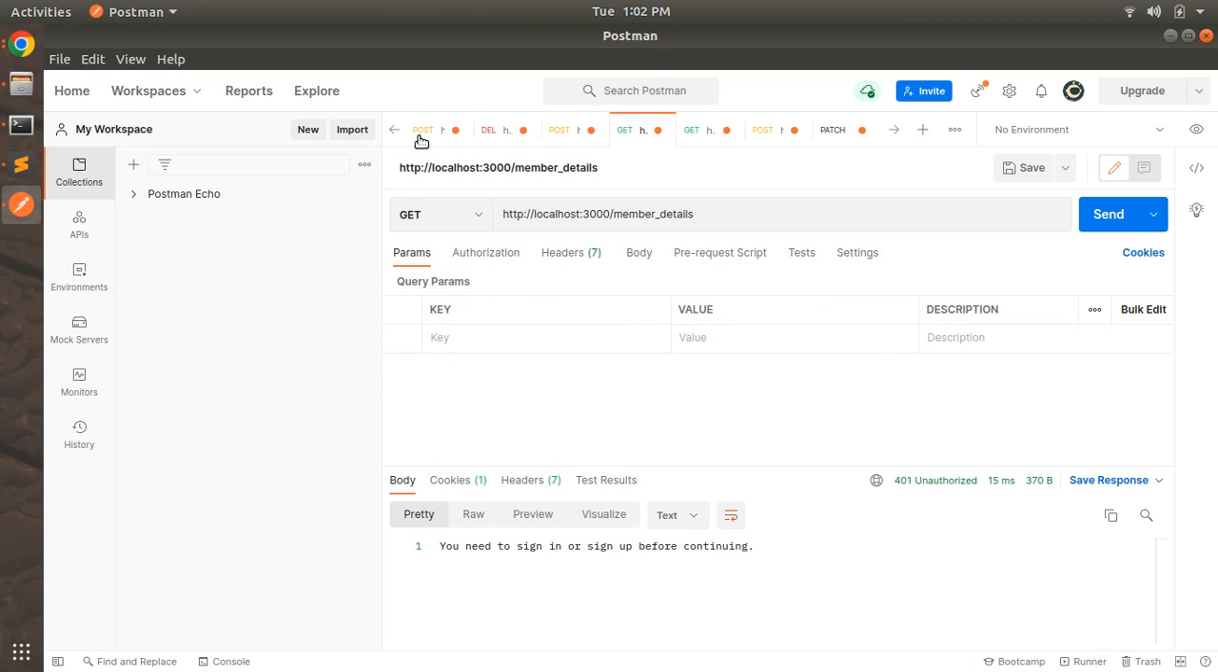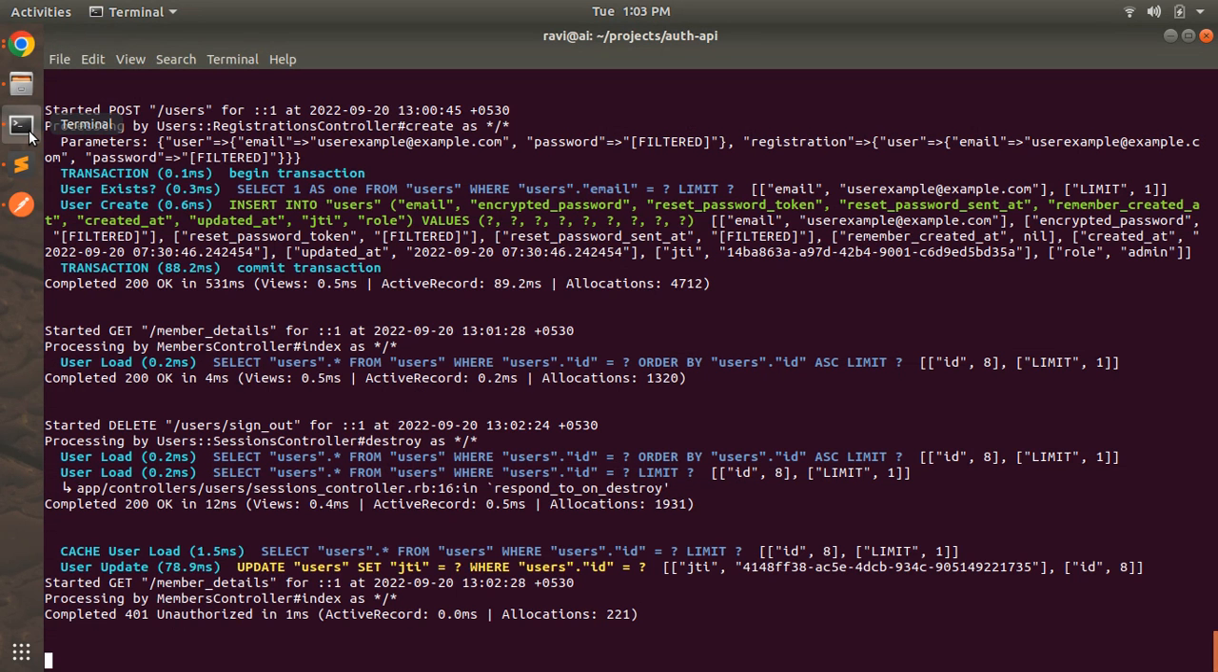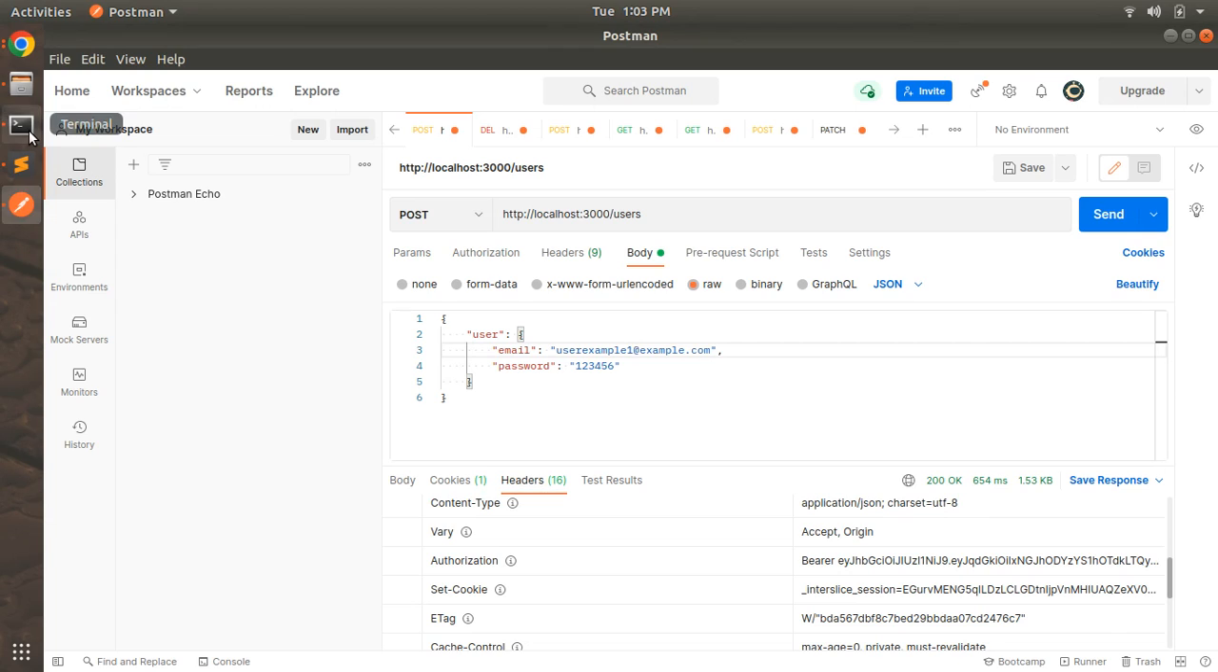So switch to the postman. Okay, and update the request body. So here you can see, let's say user example one at the rate example.com. Okay, and make some space to the terminal. And when you submit this user